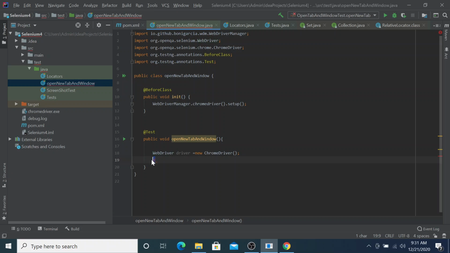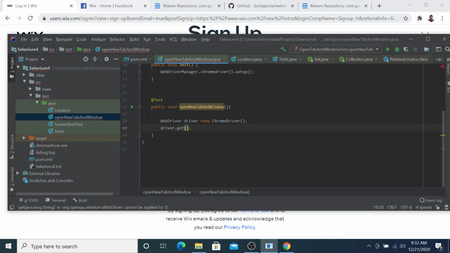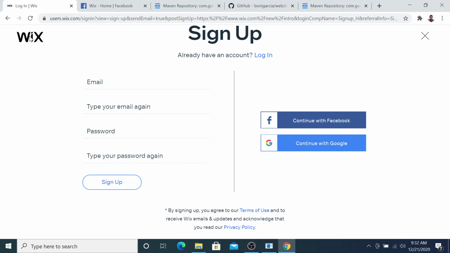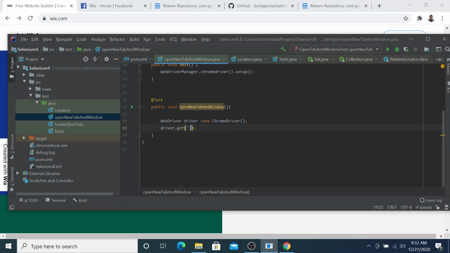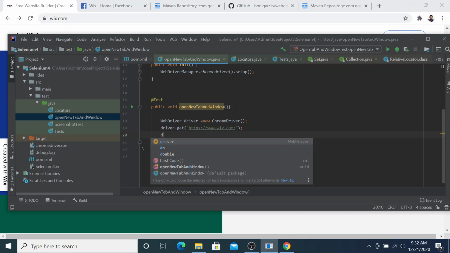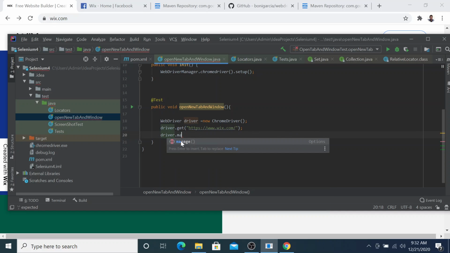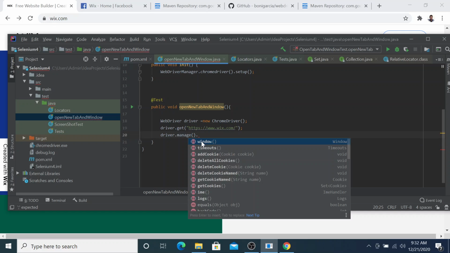First I need to get the URL. So I'll go to Wix, and I'll copy this URL, and I need to paste it here, and I need to maximize my window: driver dot manage dot window dot